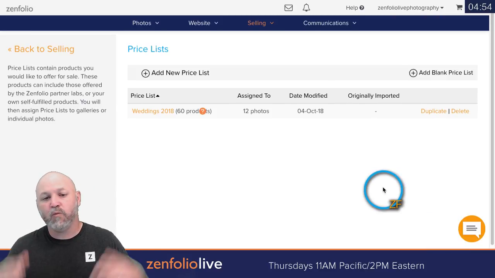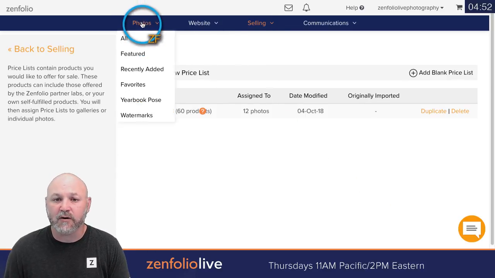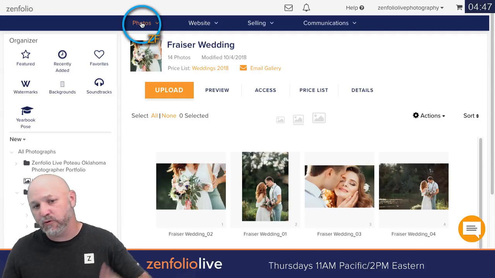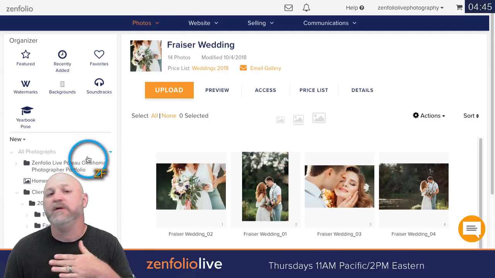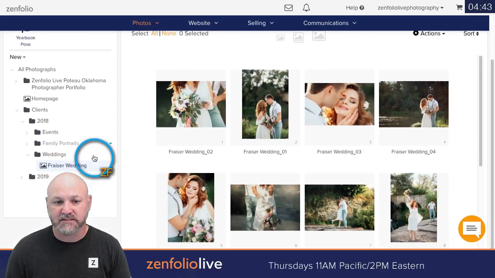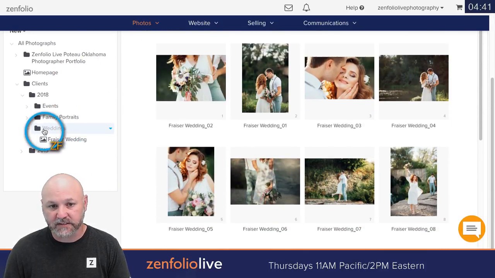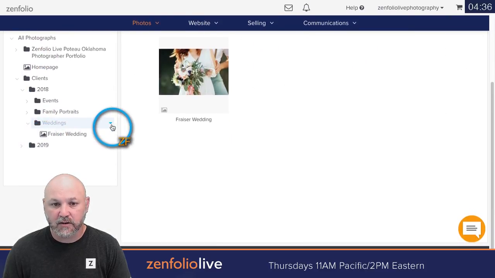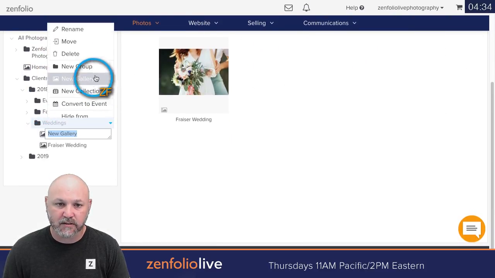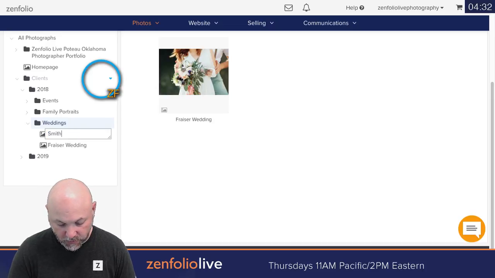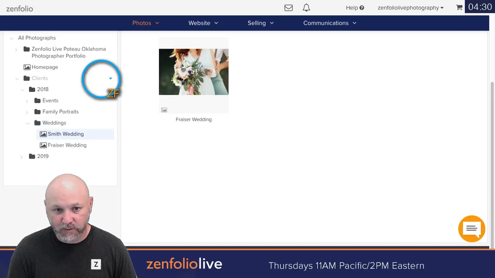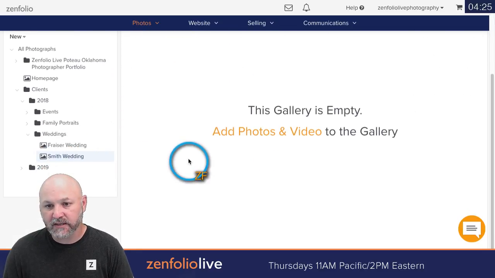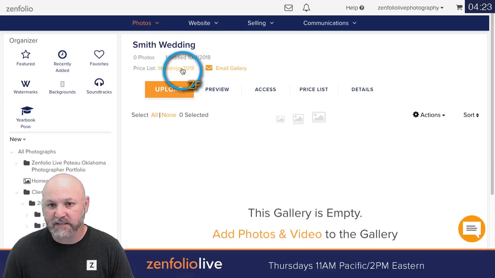And so now what I'm going to do is, if I go back over here, if I upload a new gallery or create a new group in that weddings group, it's going to automatically take that wedding price list on. So if I come to weddings and I go in there and I say new gallery, and we just call this the Smith wedding, without doing anything else, that gallery has already taken on that weddings price list, as you